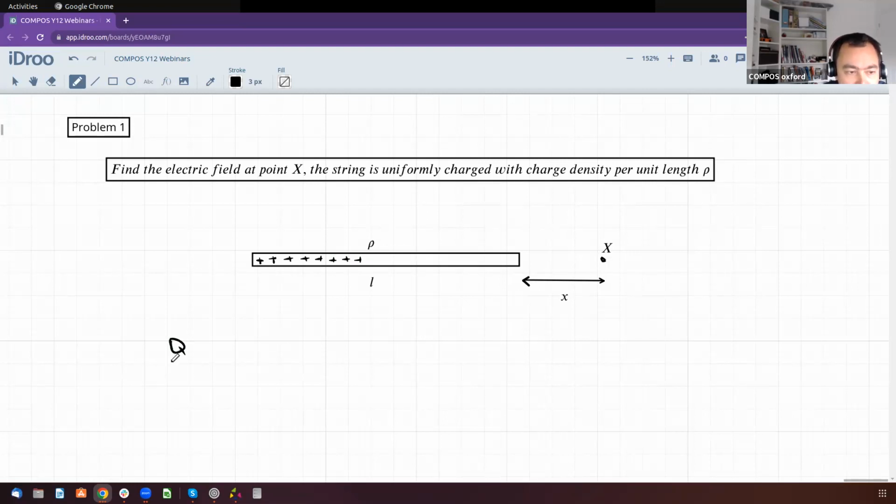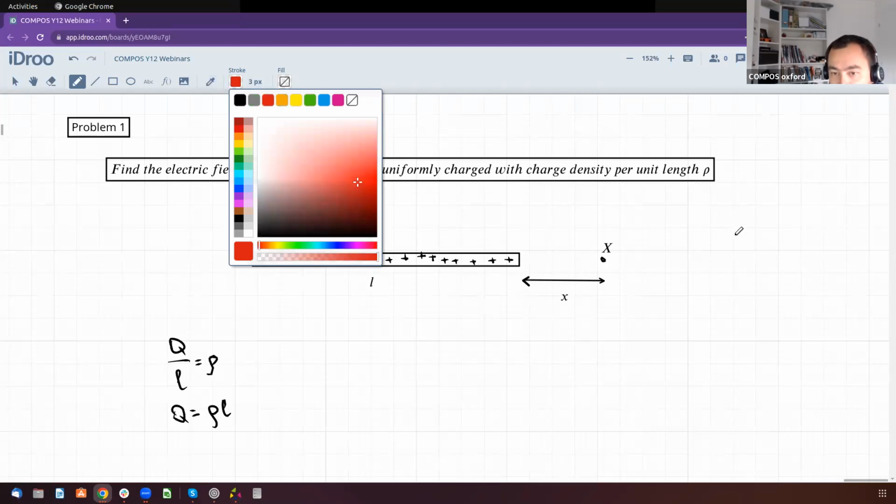So the charge divided by the length of the string is rho. That's what the charge density per unit length means. A unit length of the wire has charge rho. Cool. And we can find the charge by multiplying the length times rho. So this might be useful. The total charge is rho times the length. Okay. Now to find the electric field,